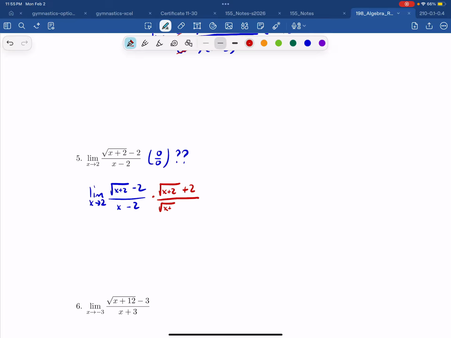And of course, whatever we do to the top, we have to do to the bottom. So I'm going to multiply the top and bottom by the conjugate. All right. So this is going to give us limit as x approaches 2